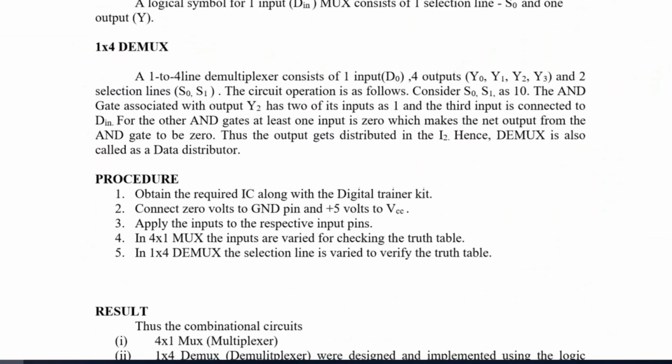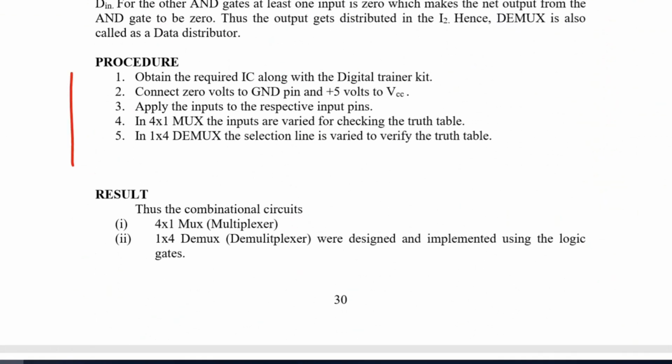Then after, write the theory, procedure and results in the same way. See students, if you are writing demultiplexer on the left side of the page, on the right side of the same page you definitely have the logic diagram. Write the theory on the right side and the logic diagram, truth table, block diagram on the left side correspondingly. Both are on the same pages, left and right side. Hopefully you can understand. For a better understanding, view the videos once again.